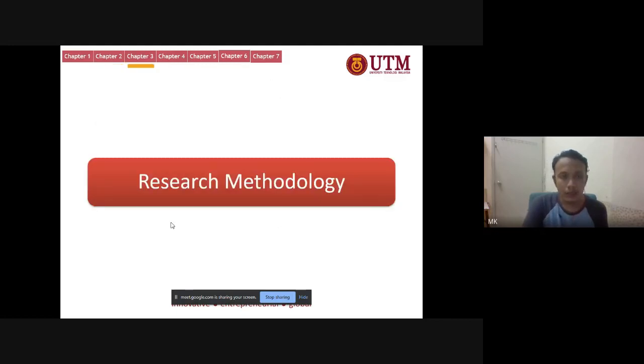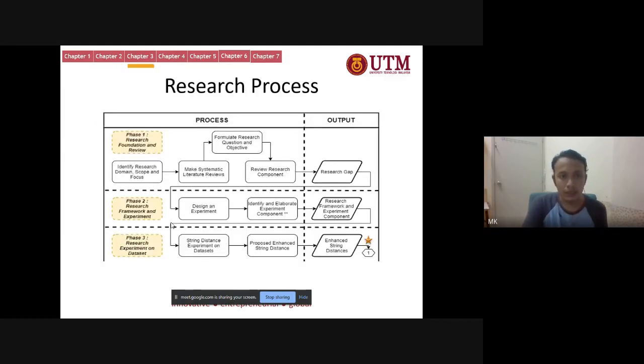So for the research methodology, we have phase one and phase two. Phase one is research foundation and review to find the research gap. And then phase two is to design the framework and experiment. We got the framework, and phase three is for experiment on datasets. After we got the enhanced distance,